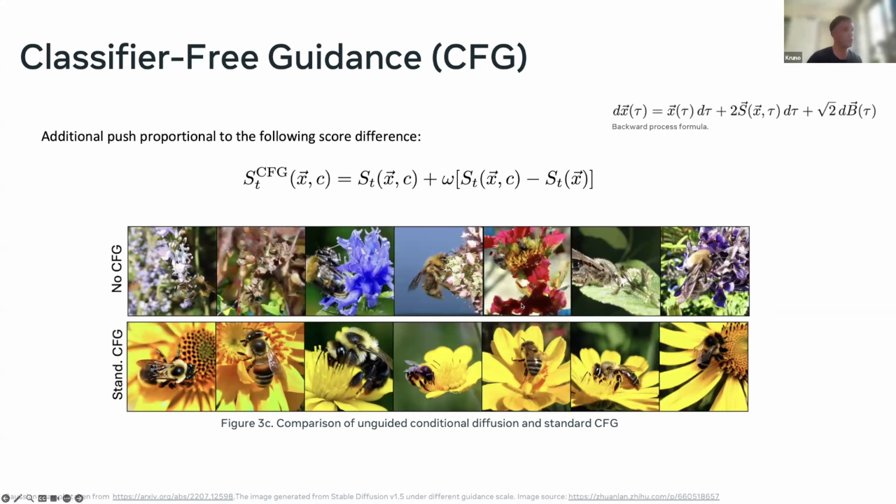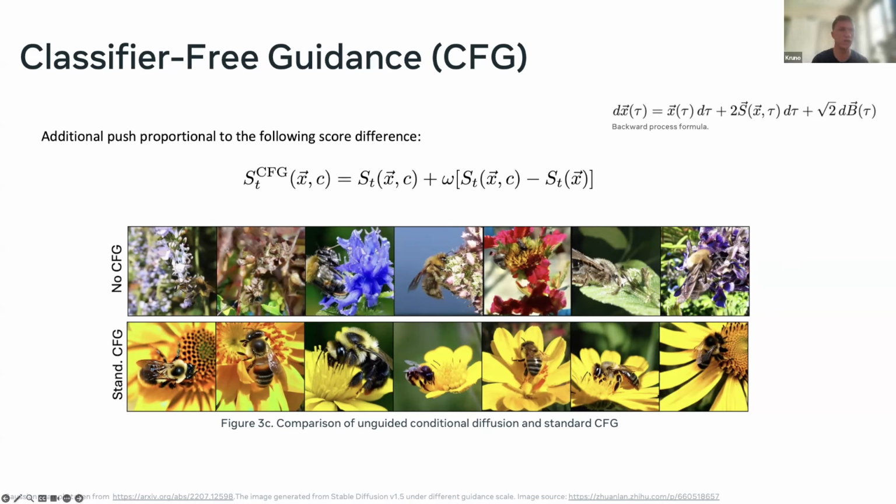In the first row, you can see images that we generated using a pre-trained diffusion transformer. We just took it off the shelf, downloaded the weights, and didn't use any classifier-free guidance. We only conditioned on the class corresponding to bees. You can see that these images are quite diverse, and in some of them you get to see some bees. But in the first two images, there are really no bees. You can think, well, if I went through all 1000 classes of ImageNet, I would have probably guessed that this was supposed to correspond to a distribution of bees. But you can see that the images are not that crisp.